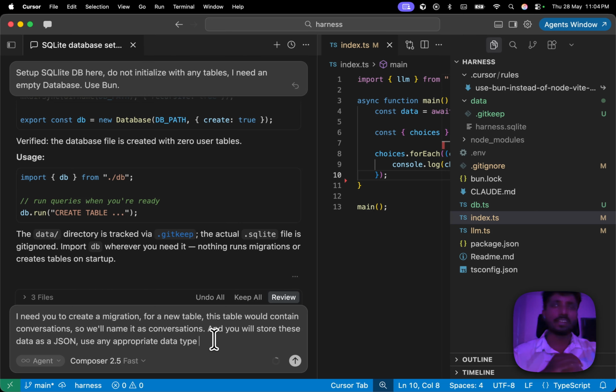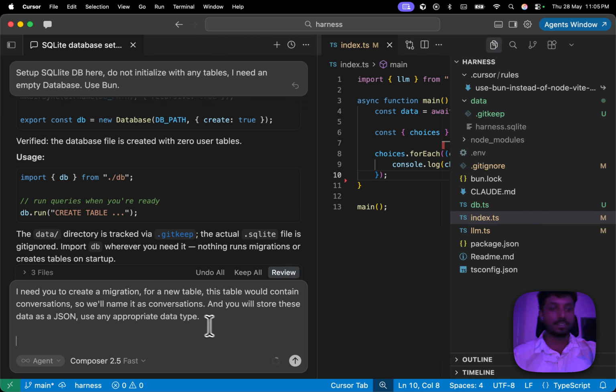And in MySQL, I think it's varchar something, like you're going to say unlimited text or something like that. But I don't know what is the appropriate data type for SQLite. You might think that I'm dumb here, but I'm not. Okay. And then what we're going to do is we'll say just store it as JSON using the appropriate type, and